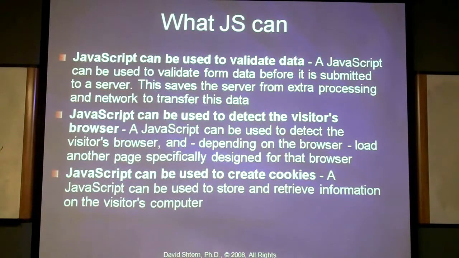So what we can do is use JavaScript to validate the data, which is actually one of the most important usages of JavaScript. So what happens is that when you go and do online shopping, you will be asked at the end to provide your credit card information and home address, billing address and so on. Now, assume that you make a mistake, which is more than probable, right? If you don't have on-the-fly, immediate validation, what happens is that when you click a button and say submit, this information is transferred to the server.